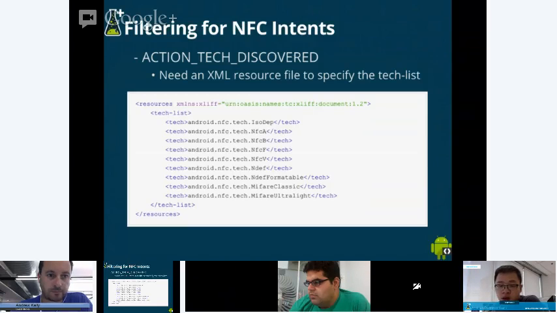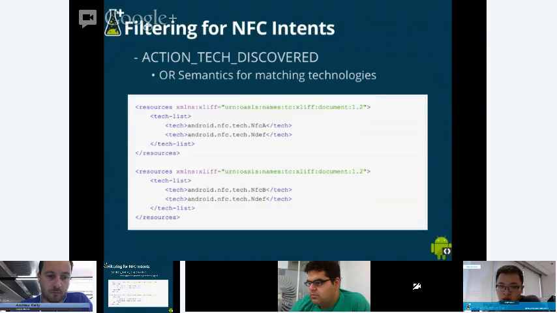So how do you do an "or" in the tag list? If you specify multiple resources, like in this example, you're trying to filter for an NFC tag that supports NFC A and NDEF, or that supports NFC B or NDEF.